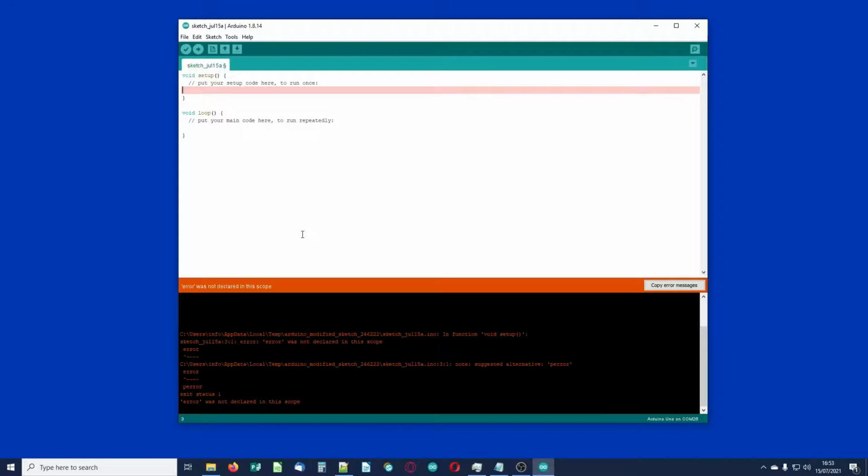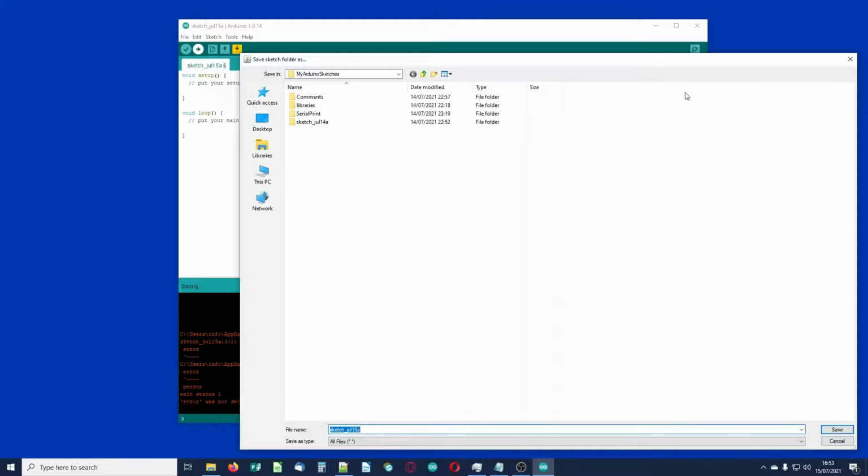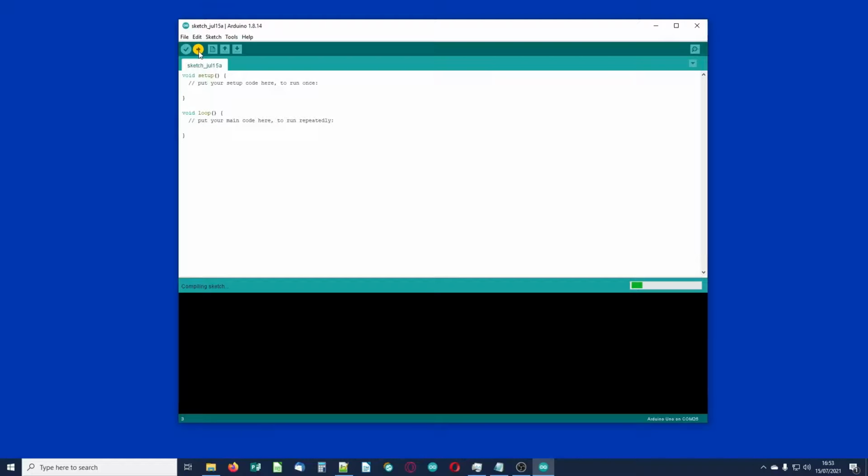Hear the magic boing as it sort of joins on. If I click this button now, well, it's asking me to save the sketch first, so I'll save it, and off we go. We're going to upload it. Again, the magic wheels are turning. It compiles the sketch,